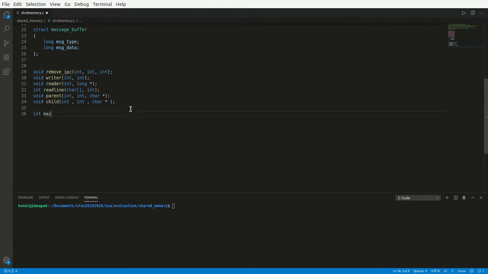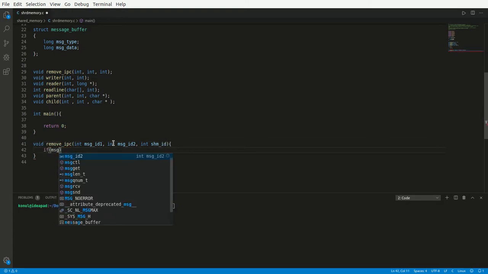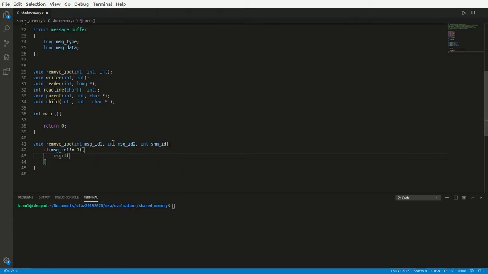Now, firstly, I want to write main function here. Okay. Now, firstly, I want to begin with remove IPC. So here in this function, after everything is finished, we're gonna remove the message queues that we have created and the shared memory segment as well. So that's why I'm gonna pass 3 arguments, and first I'm checking that everything is correct with the message queue, then I can delete it, remove it